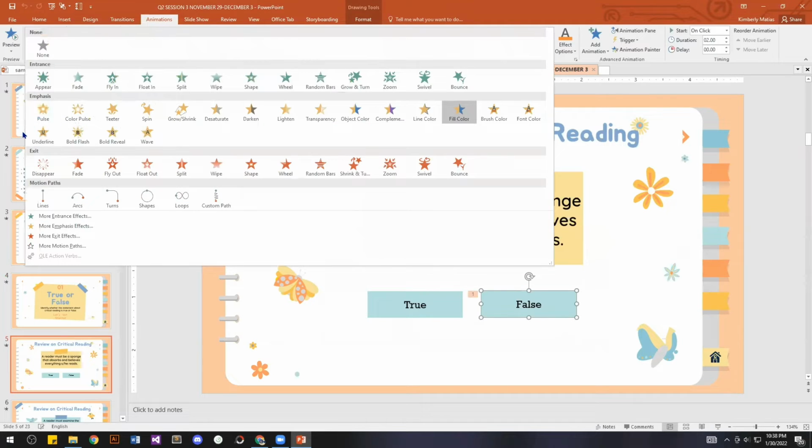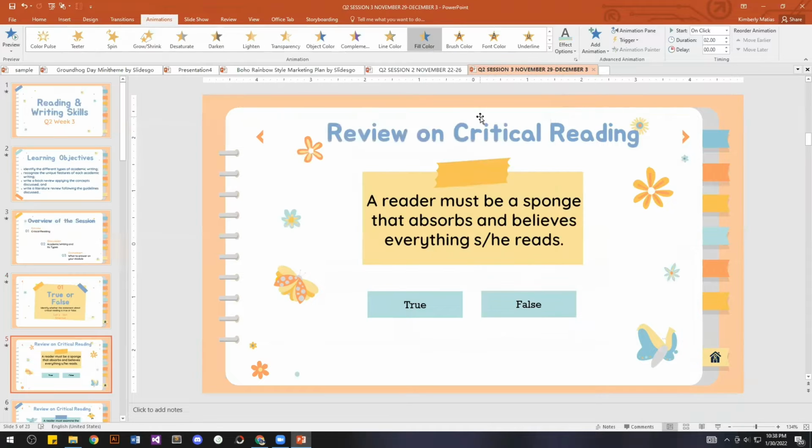So, I only used emphasis and fill color. And in this effect or animation, I can choose whatever color I want it to change into. And then I chose the color orange since it's a contrast to the light blue. Ganun lang po. Next naman po,